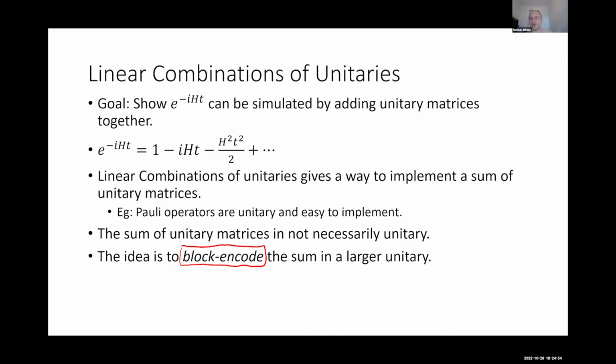This concept of a block encoding has really opened up a ton of new horizons in algorithm design because it allows us to do a bunch of things that we wouldn't be able to do. In particular, let's imagine that we want to implement the sum of two unitaries, U and V. We say that a matrix, U plus V down over here, block encodes the sum of the unitaries if there exists some constant alpha such that the sum of the unitaries divided by this normalization constant is a block of the larger unitary that we need to build. So that's what we mean by block encoding.